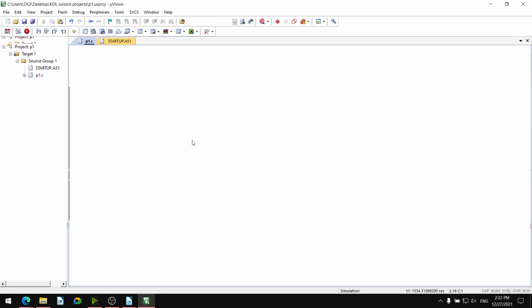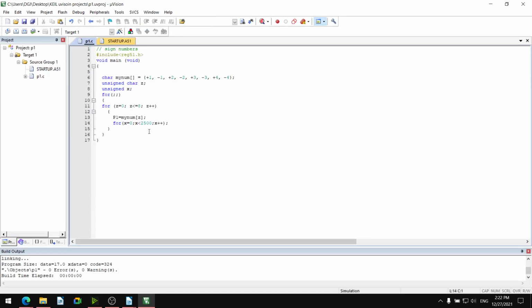If you put the nested delay, let us put the nested delay X and Y. Then for Y equal to 0, Y less than 2500, Y is incremented.